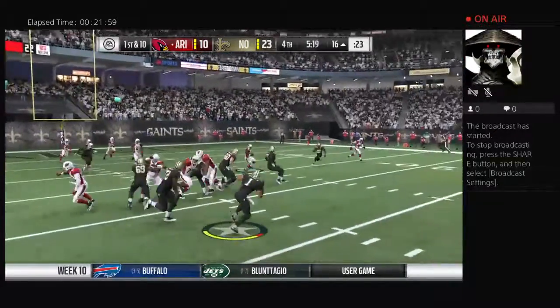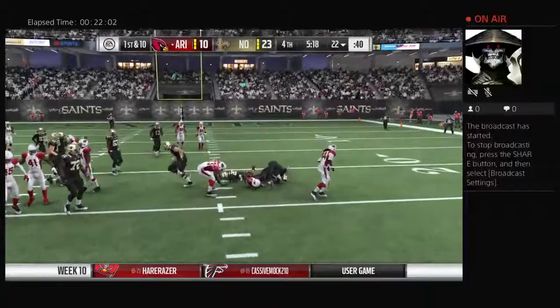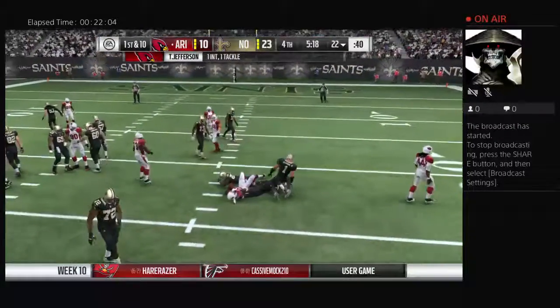And intercepted, maybe the turning point they need. Picked off by Tony Jefferson. And this one will be brought back to the...